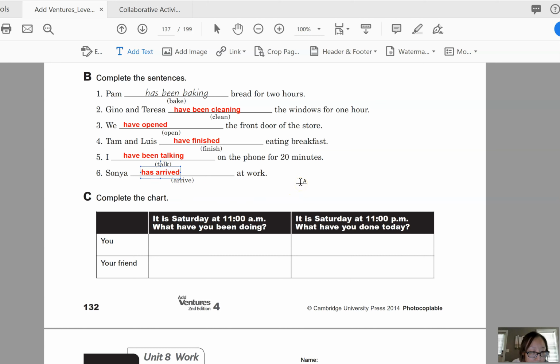Okay. Now finally, we are going to do exercise C. You can see here a chart, and the first question is, it is Saturday at 11 a.m. What have you been doing? So that means you are still doing this activity. So think about what you normally do on Saturday, and Saturday at 11. So think about what you...